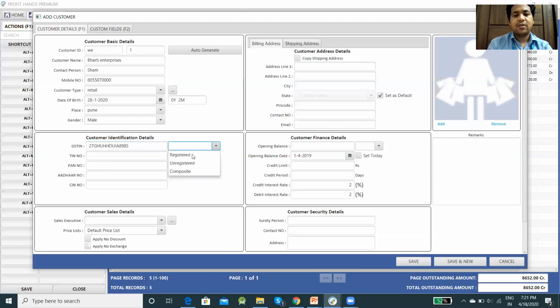Suppose you can select the type of registration of this GST, it is a register or not. Then you can mention the TIN number also. Then the PAN number.